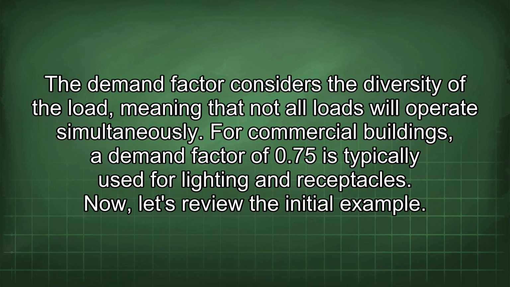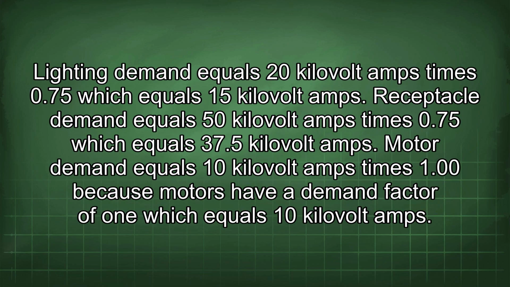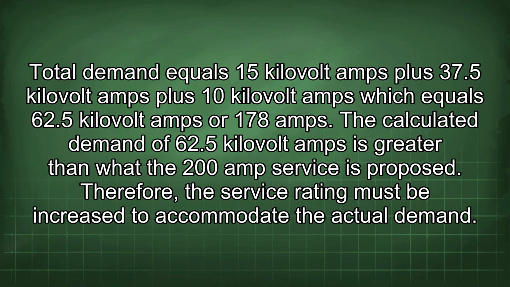Now, let's review the initial example. Lighting demand equals 20 kVA times 0.75, which equals 15 kVA. Receptacle demand equals 50 kVA times 0.75, which equals 37.5 kVA. Motor demand equals 10 kVA times 1.0 because motors have a demand factor of 1, which equals 10 kVA. Total demand equals 15 kVA plus 37.5 kVA plus 10 kVA, which equals 62.5 kVA